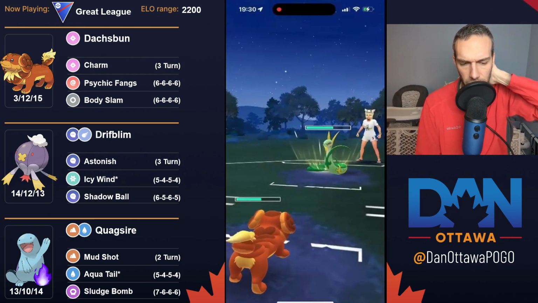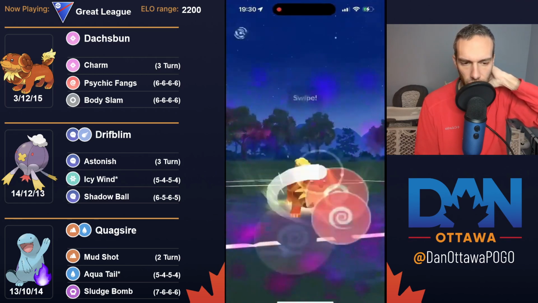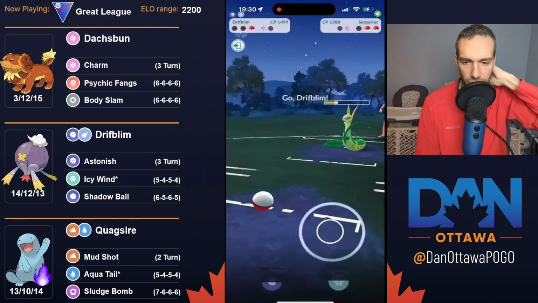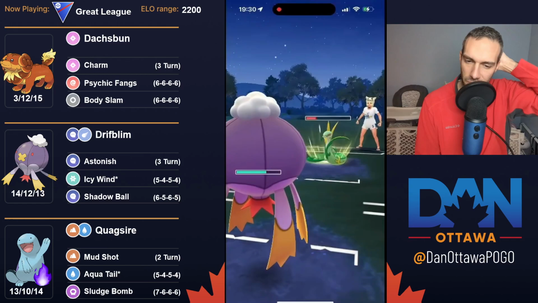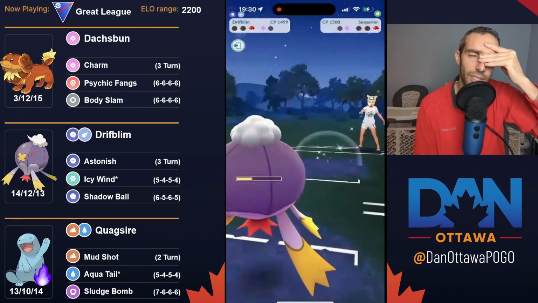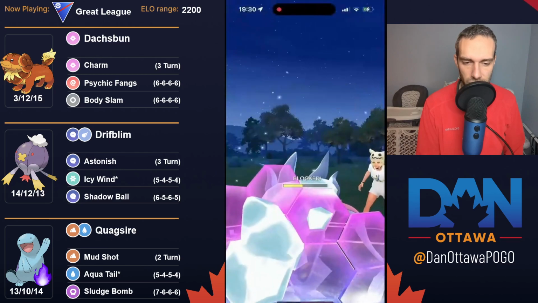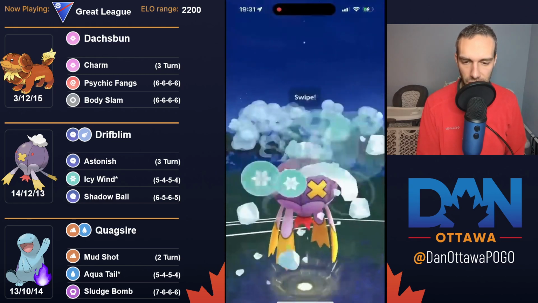But DRIFBLIM is your win con. Why I don't like that shield is because there's no reason to keep Malamar alive. Unless they're trying to get a foul play off DRIFBLIM. Sorry, now I'm actually trying to think, they can actually get a foul play off on DRIFBLIM and grab a shield. So maybe it's not the worst. But, okay. I just think you go for the Shadow Ball to force that shield or take it out. You're just going to outpace here anyways, but...